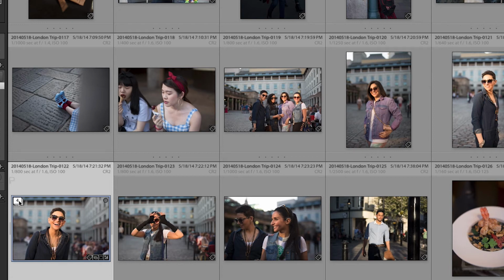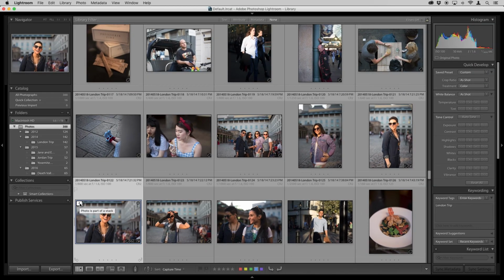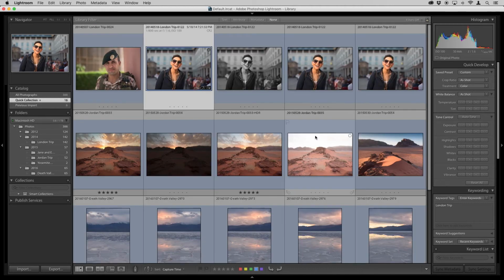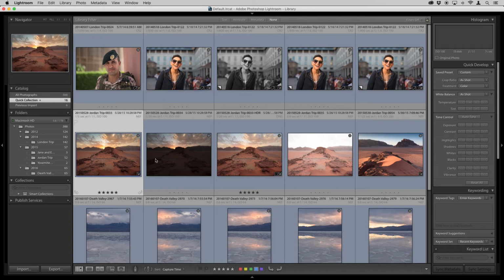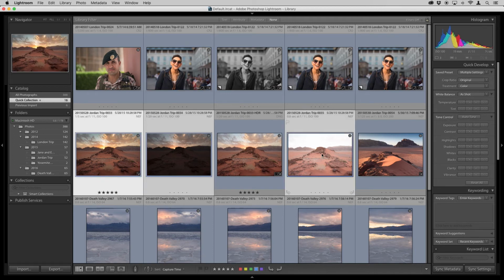It's still showing me that I have four images inside, so I could expand that stack and look at what I've got there. But the nice thing about this is that despite the fact that I have those virtual copies, they're not taking up real estate here in the grid view. So that's a really neat feature, and this is something you can actually do to a group of images. So for example, if I went back to my quick collection and I said, all right, I'm going to pick these three images, so this one, and this one, they're part of the same stack, and maybe keep HDR separately.